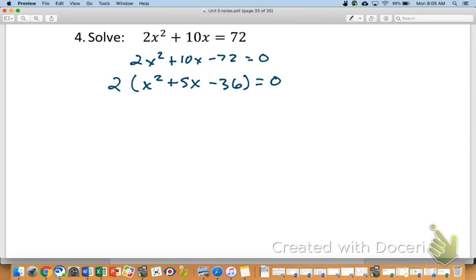Now, hopefully you used a valid method. Maybe you used a box method. Maybe you used some other method. I hope you understand, it really doesn't matter which method you use. To be honest with you, some of you are probably getting good enough to where you could just look at this and do a few numbers in your head real quick and factor it. That's okay too. I want to be really pragmatic about this. I only want you to be able to factor, and I really don't care about your technique that much. I just want it to be a good, valid technique. So, hopefully you arrived at this spot